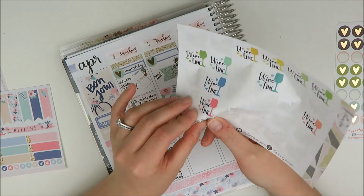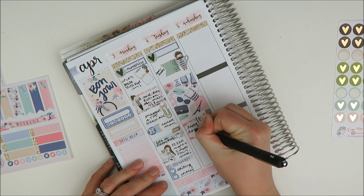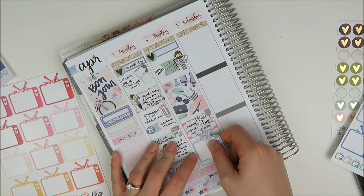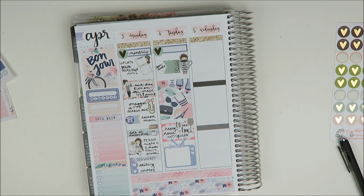And then after work, I had a happy hour with my girlfriends. So I'm using a Planning Roses Wine Time sticker layered over a half box from the kit to mark that down. And then I am grabbing a Little Miss Papery TV that says to watch,